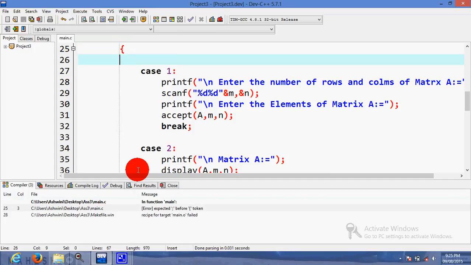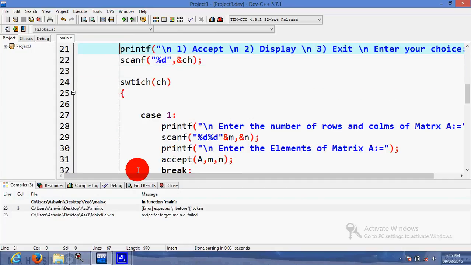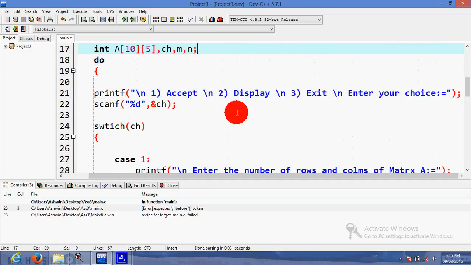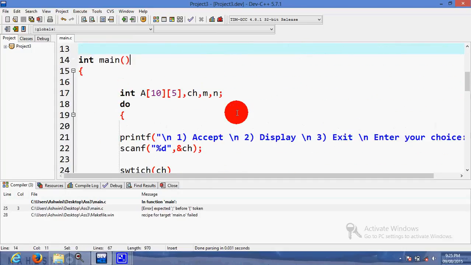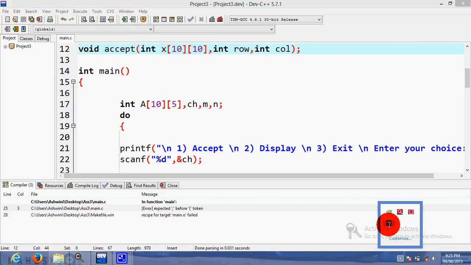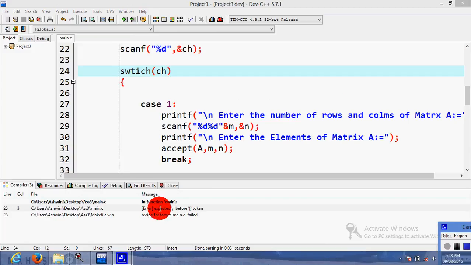Expected semicolon before token. Switch ch. Here it is showing that expected semicolon before this token.